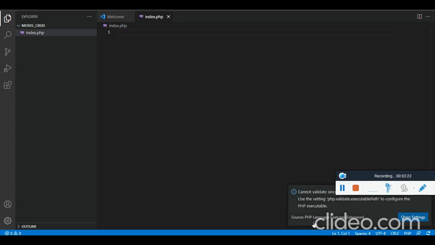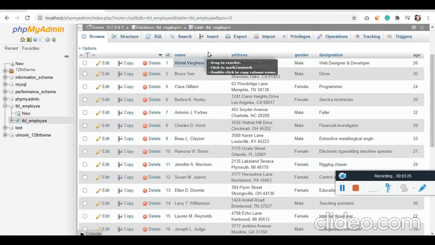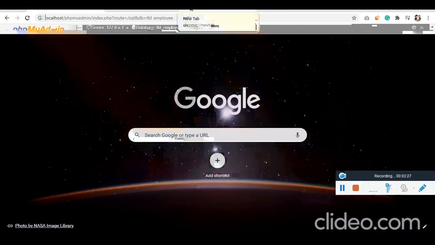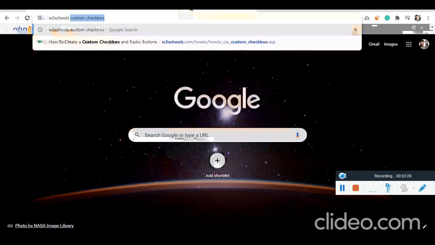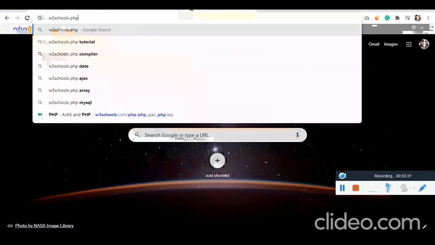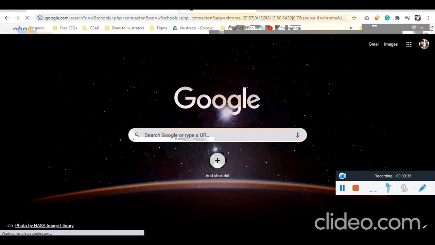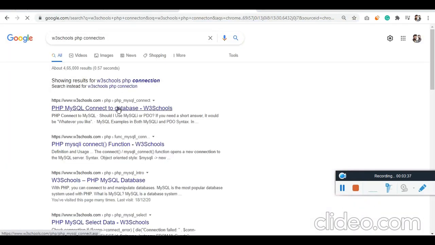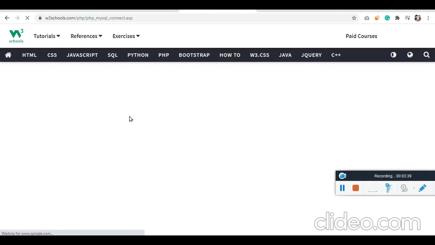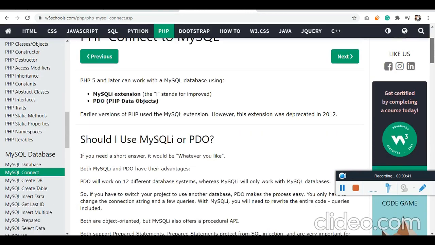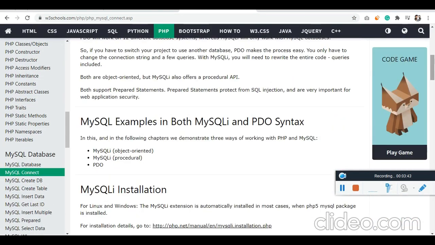The very first thing we need to do is set up the connection. To set up the connection, W3Schools PHP connection. So what we are doing is, with the help of index.php, we are trying to connect to the MySQL server.